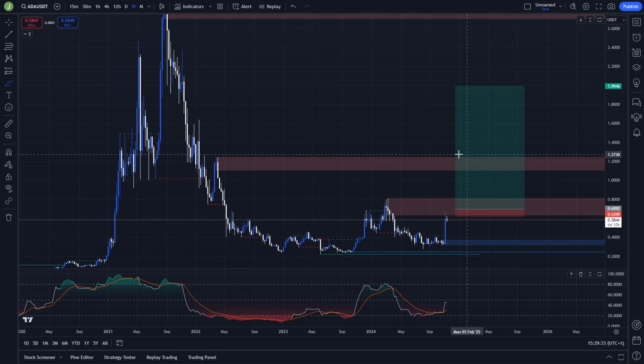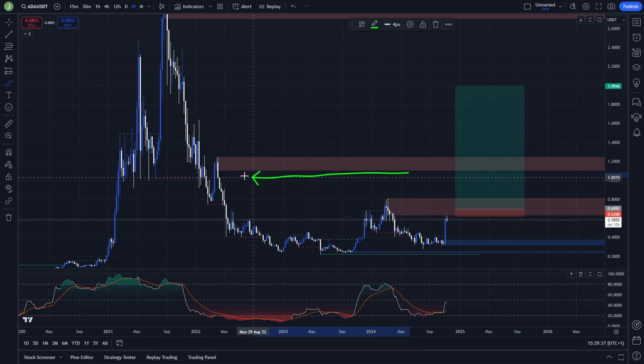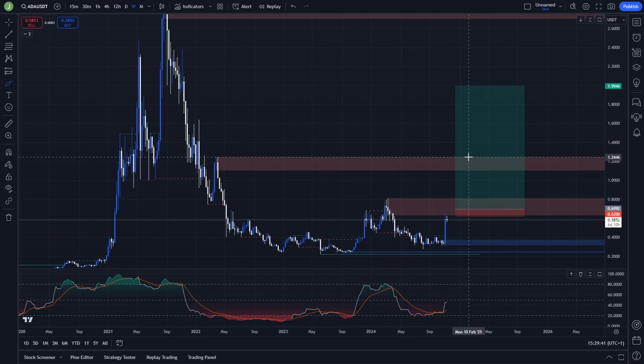Then some of the profits you definitely want to take under and above the second bearish order block, because for example in this whole area we have almost zero liquidity, so it shouldn't be that big of a deal for the price to reach this bearish order block. This order block is between levels 1.25 and 1.109. Then for example under 1.4, 1.6, 1.8, and then you want to save some for a last